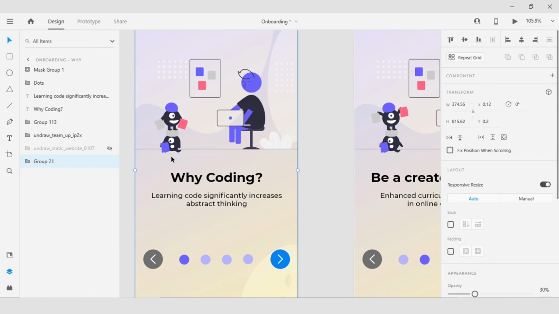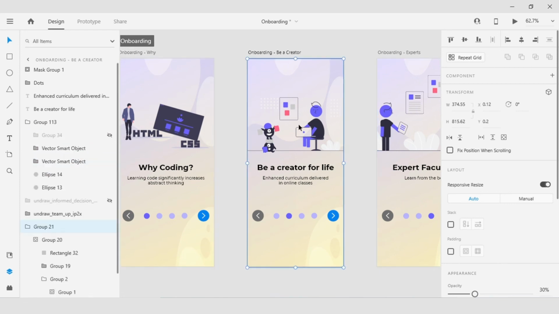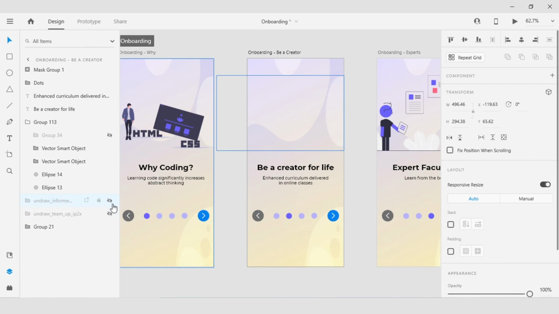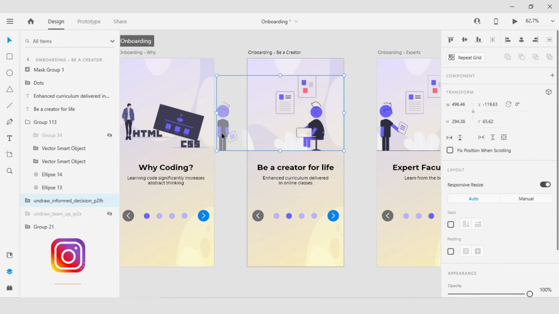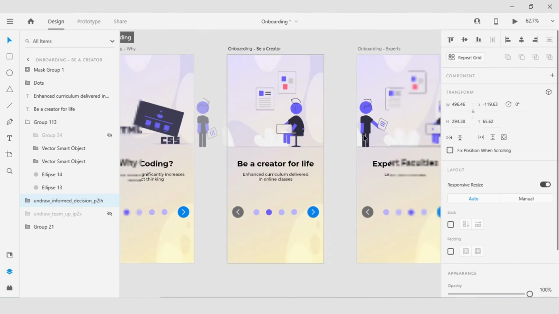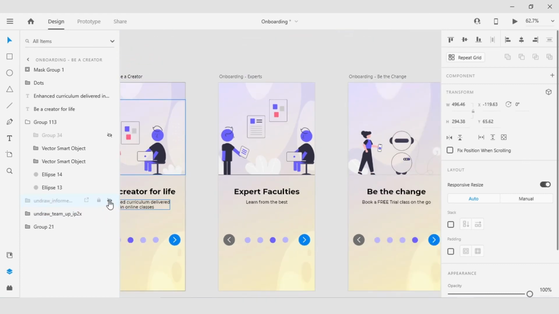The eyes, the nose, the hair of the second character is moved a little bit, so that when we see the second artboard facing towards the front, the one-eyed character is also picking up the hands in the air. In the same way I have made changes in the third artboard also. The third artboard characters are duplicated in the second artboard. The character is moved out of the screen, and in the third artboard you can see the character is inside the screen. The same way I have made changes to the fourth artboard also.